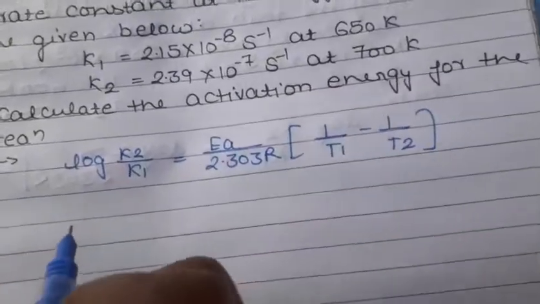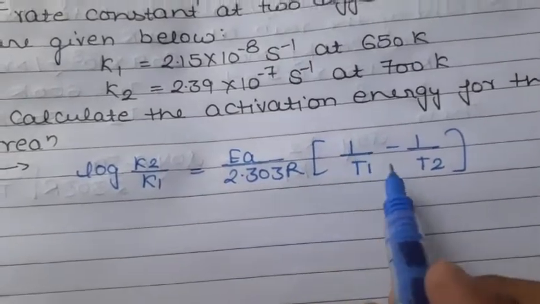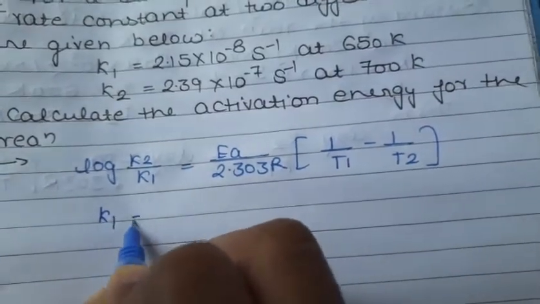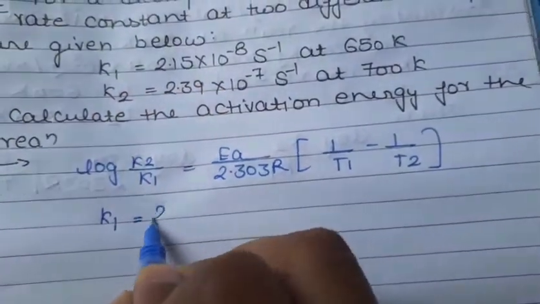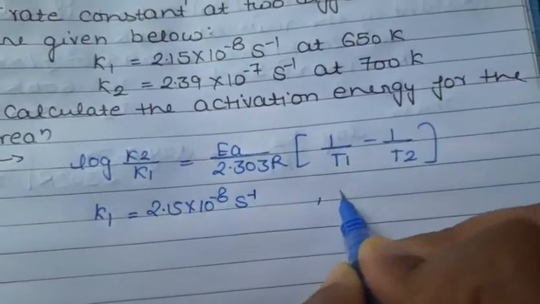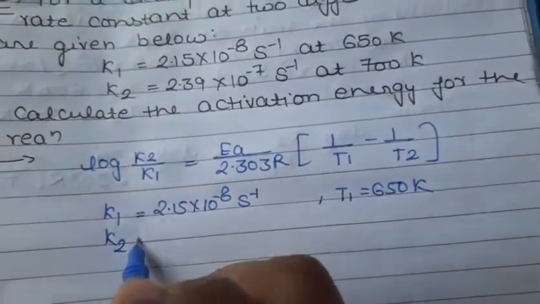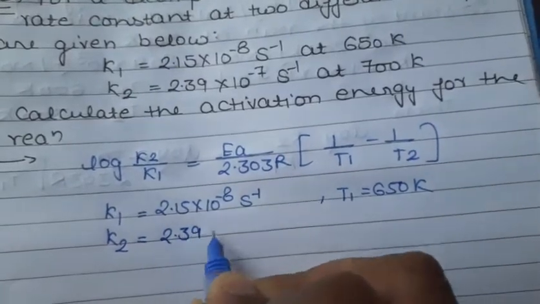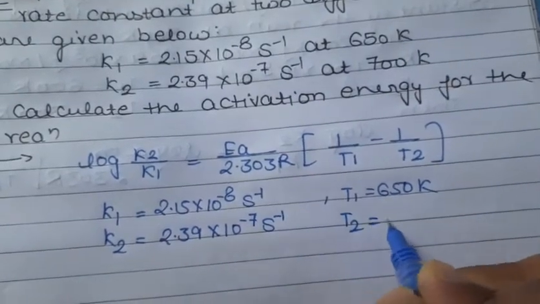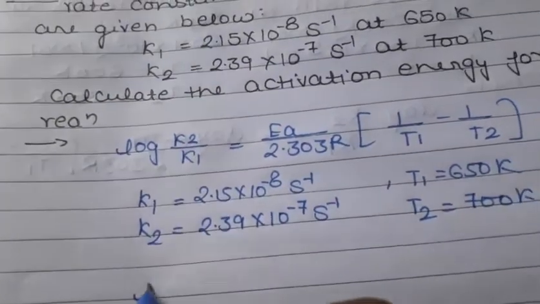Students, we know that log k2 upon k1 equals Ea upon 2.303 R into 1 upon T1 minus 1 upon T2. From this question, k1 equals 2.15 into 10 to the power minus 8 second inverse, and T1 equals 650 Kelvin. Like that, k2 equals 2.39 into 10 to the power minus 7 second inverse, and T2 equals 700 Kelvin. Now substituting the values,